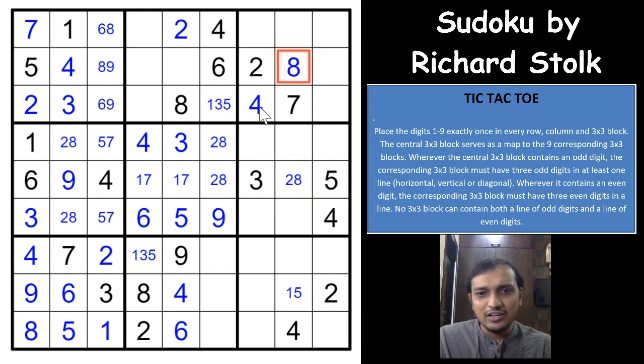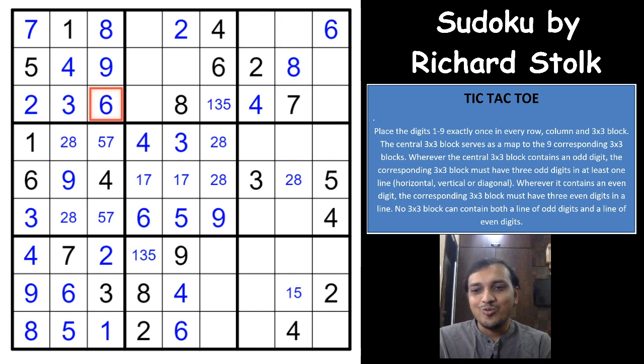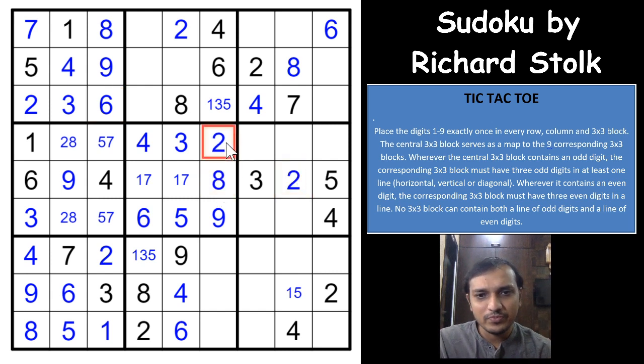Excellent. And you will form a line only in this diagonal, because in this diagonal we need to have 2 more even digits, and that will form 5 even digits. So this would have to be 6. That gives you an 8 here, a 9 here, a 6 here. Wow, what an excellent logic this is. What an excellent logic. So this is a 2, this is an 8, this is a 2. That should give us something, guys. This 6 is okay, this 8.